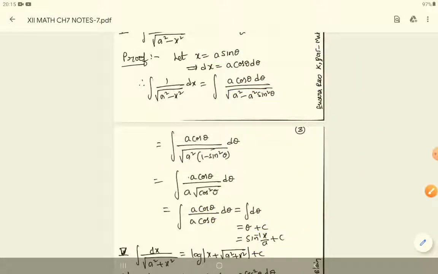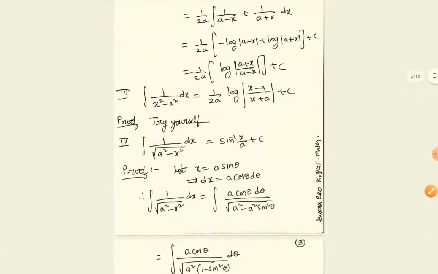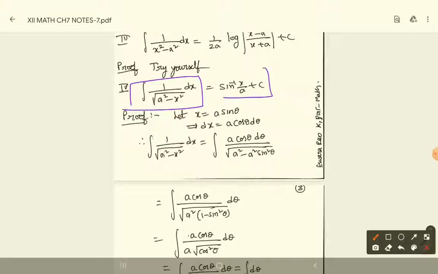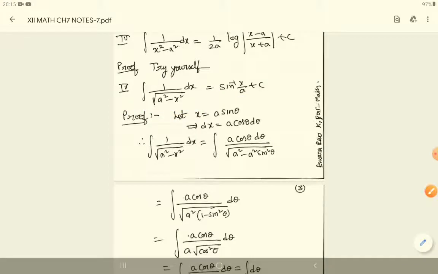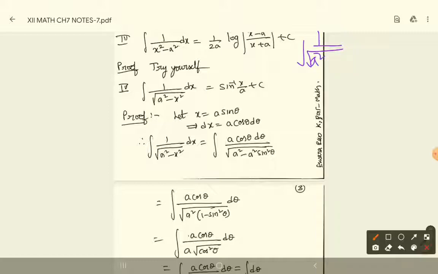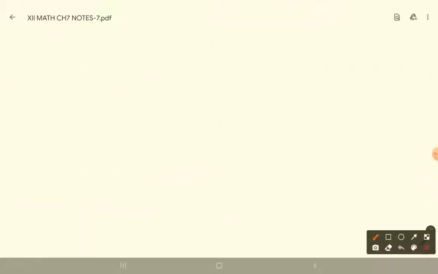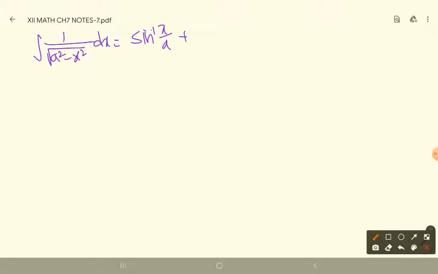So, you will have to remember this as a formula also. Okay, what is integration of 1 by root over a square minus x square into dx? It is sin inverse x by a plus c. So it is so easy by using the other method. See, here only I will do it. Integration of 1 by root over a square minus x square. Wait a minute, let me zoom it. See, what is the question? It is integration of 1 by root over a square minus x square into dx is equal to, they are telling that sin inverse x by a plus c, we have to prove it.